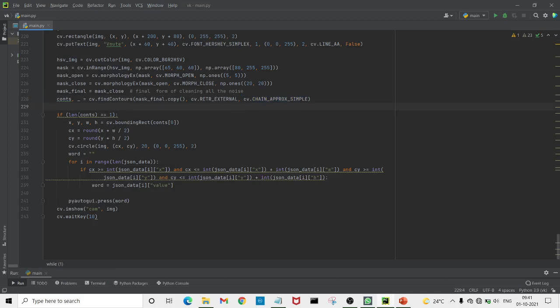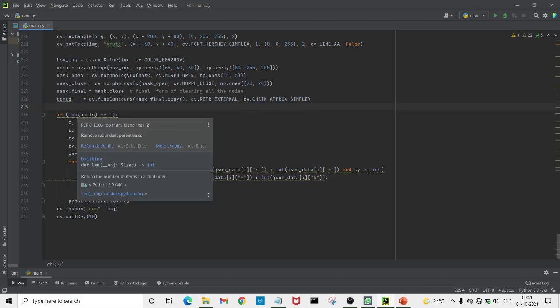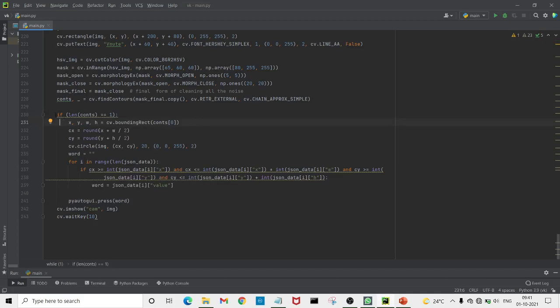So again to this line, if the length of contour is equal to 1, then x, y, width, height equal to the CV bounding rectangle. This is a function of OpenCV which we can use to draw an approximate rectangle around the binary image.